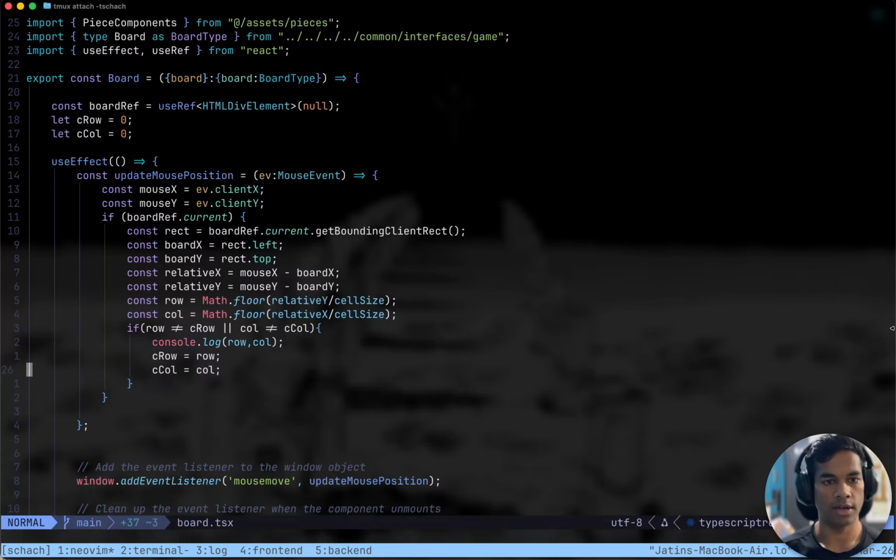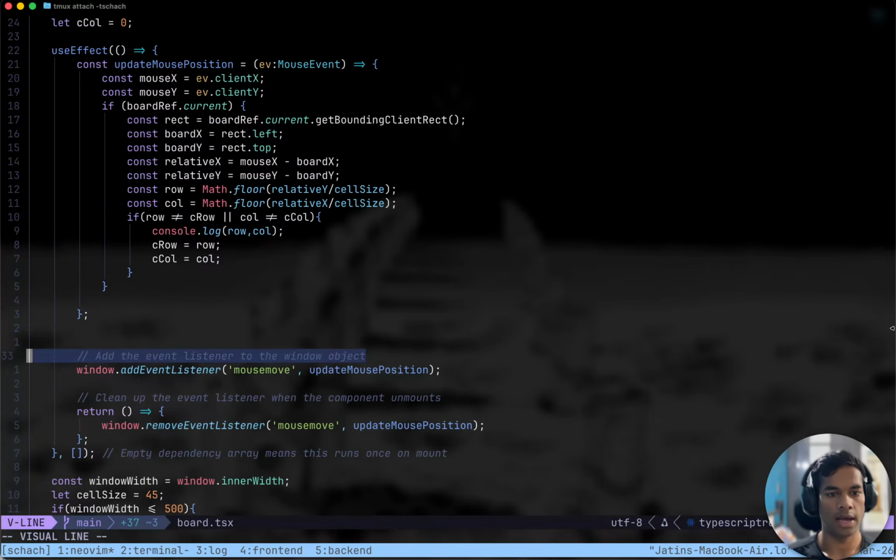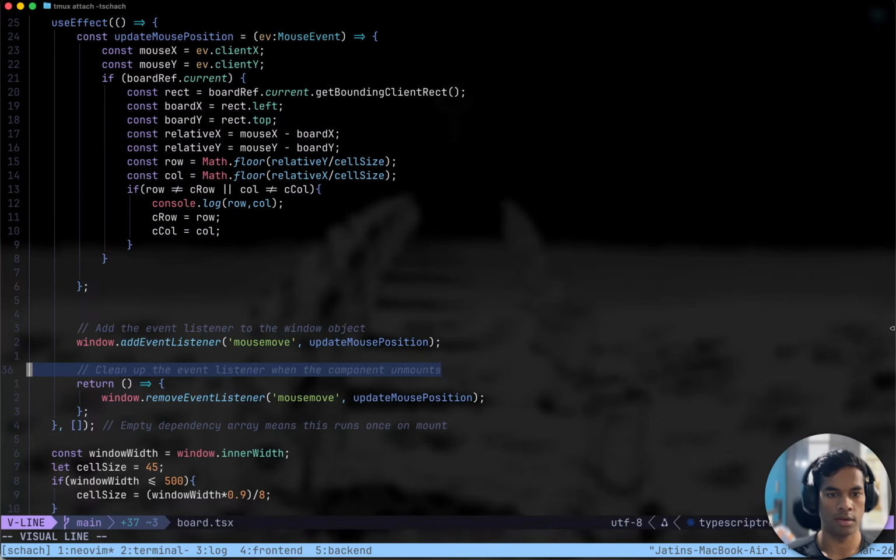We can have an event listener, add event listener to the window object, and clean up event listeners.